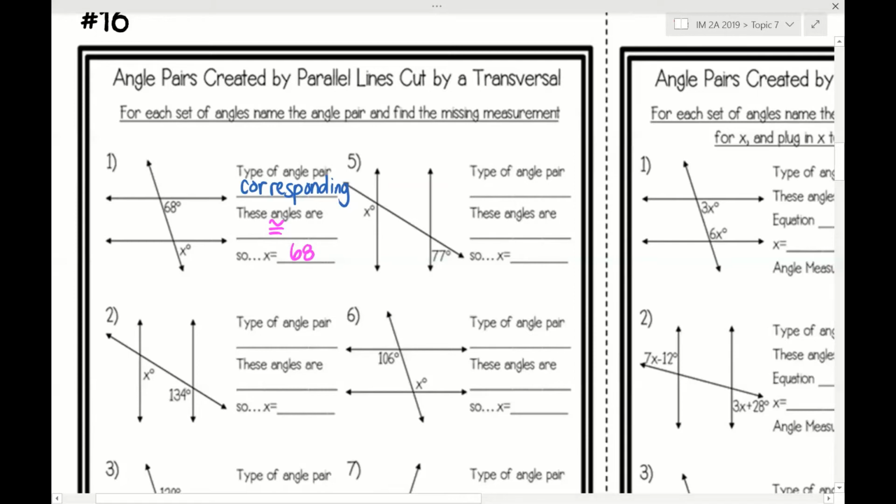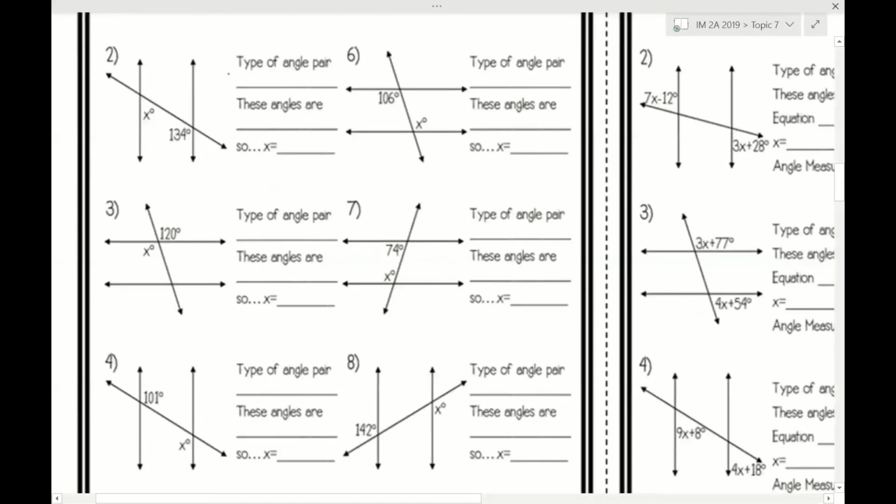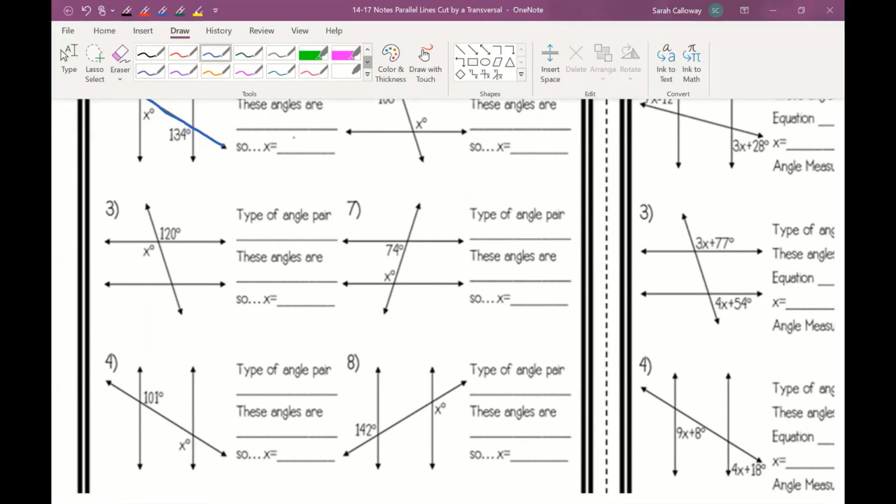For number 2, we have two interior angles. So I can see that they are interior angles. They both lie on the same side of the transversal. So the transversal is here. They're both below the transversal. So that means that these are same side interior angles. And just because there's not much space, I'm going to abbreviate interior, INT. Same side interior angles are supplementary,